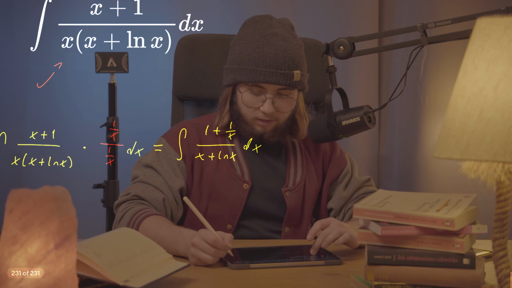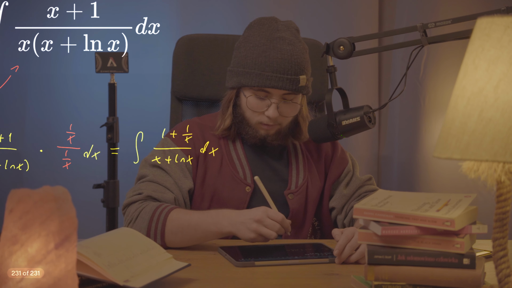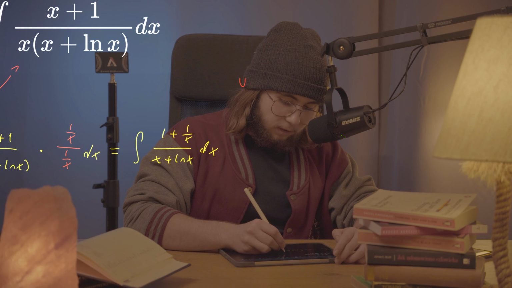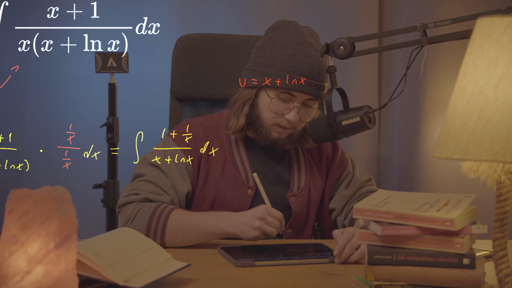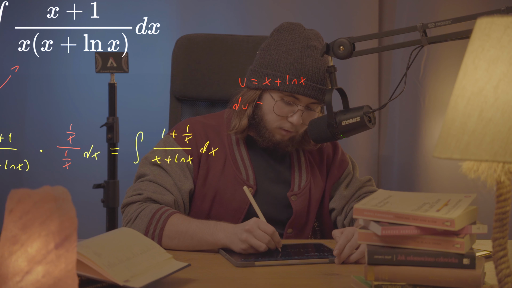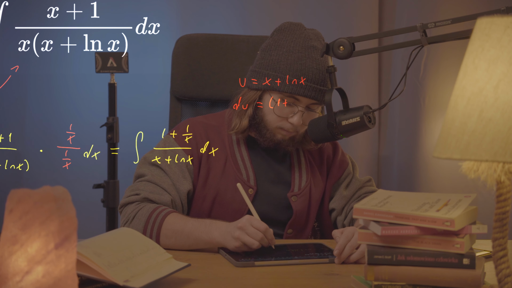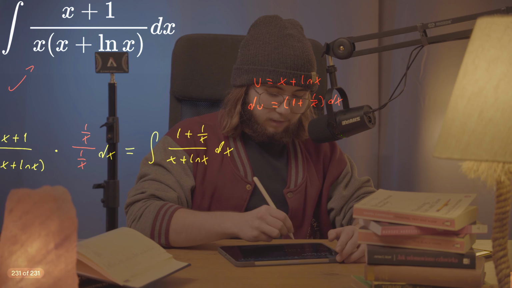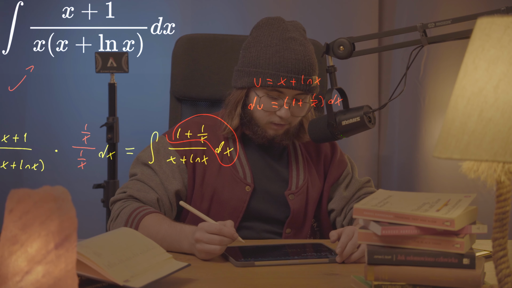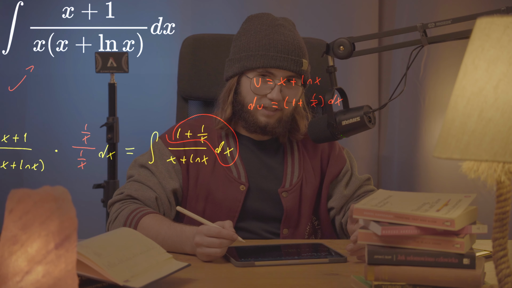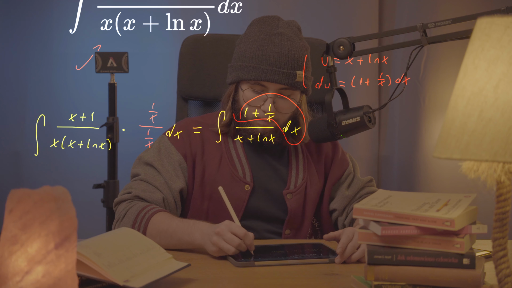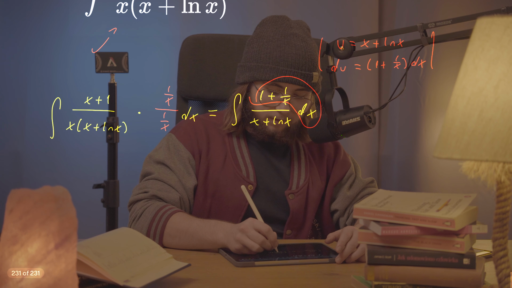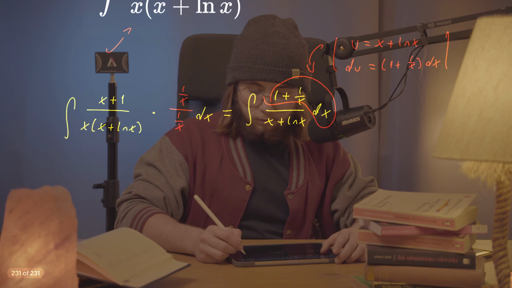I mean, I could just kind of nicely go on and set myself a u equal to x plus the natural log of x. I would get my du equal to (1 plus 1 over x) dx, and pretty neatly, this is my du right here. So, well, I actually do have my du in the integral. I don't have to multiply through by any kind of a function of x. So I'm just gonna parenthesize it like a matrix or something, and I'm just gonna plug this u sub into